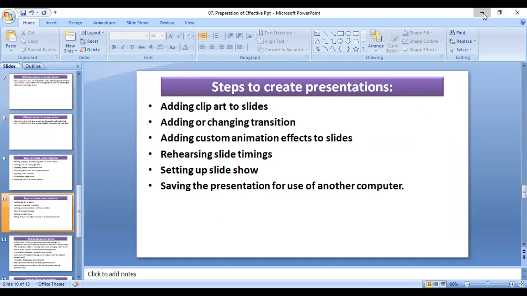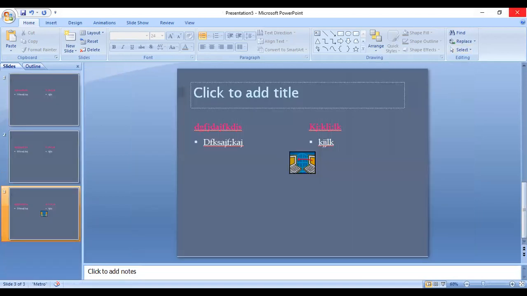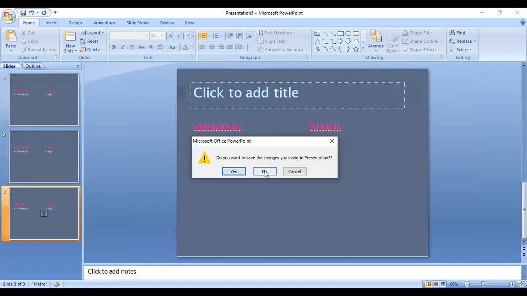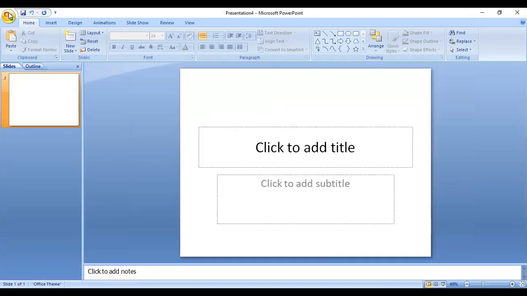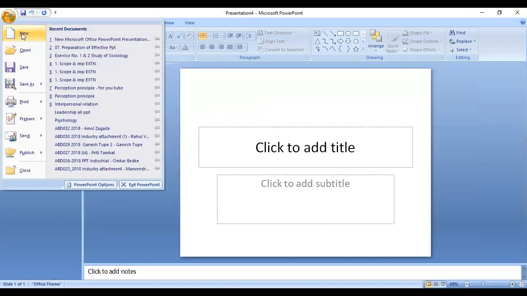Now basically right now I'm going to show you how to create the presentation. Okay. So first of all, after opening the PowerPoint presentation, you have to click on the new option.